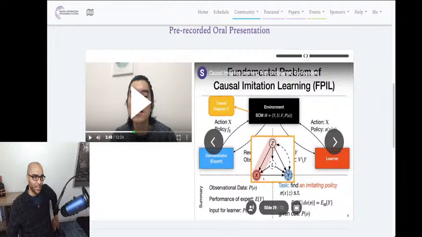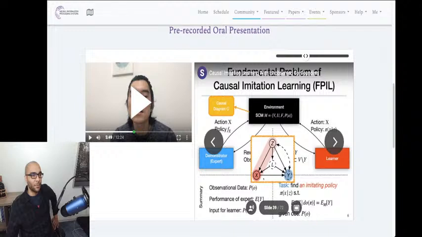So we're trying to do imitation learning. We have an imitator car following an expert car. X is the expert car slowing or accelerating. X is the follower car, the observer car, slowing or accelerating. This leads to some kind of performance which the observer doesn't see. There is some kind of Z here, which is